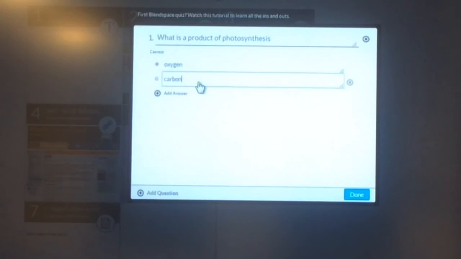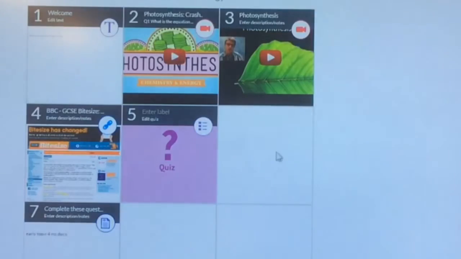On the bottom there you've got the ability to add more answers into here, and then you just select the one that's correct, so in this case the first one, and then you can click done to finish. You can then go back in and label it and just say what it is,